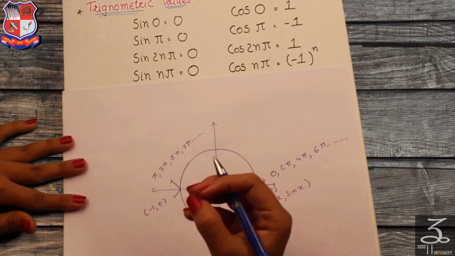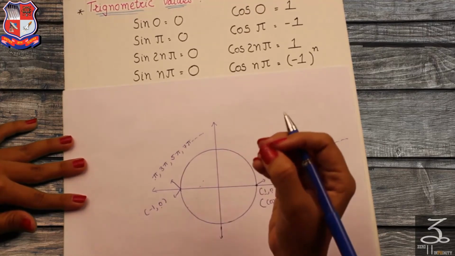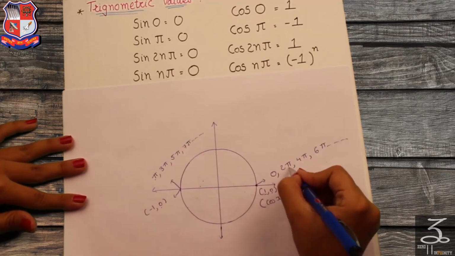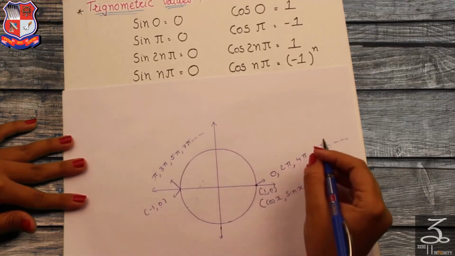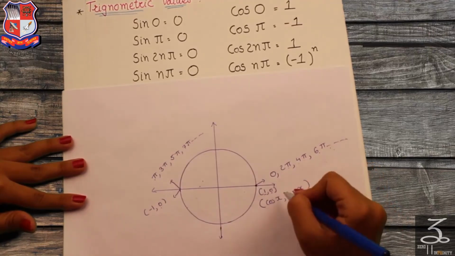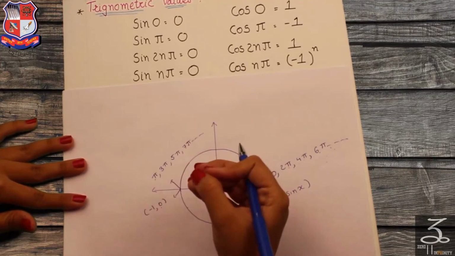It means taking the value of n equal to 1, 2, 3, 4, 5, you would get terms like 0, 2 pi, 4 pi, 6 pi and so on. That is all even terms that are standing over this line, and over here the value of sine is always 0. Similarly, the value of sine n pi is 0.